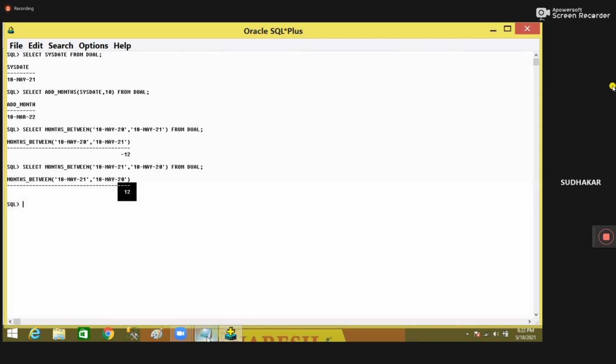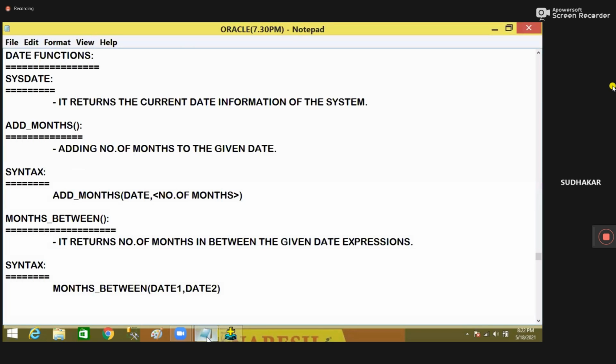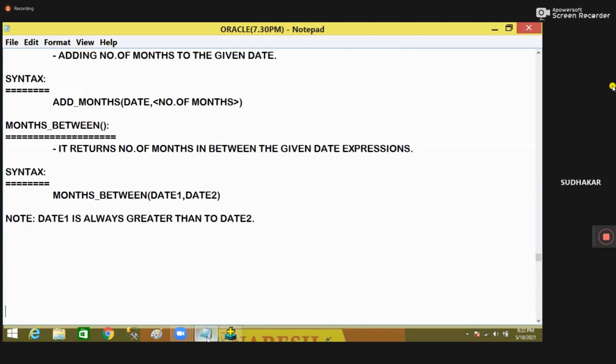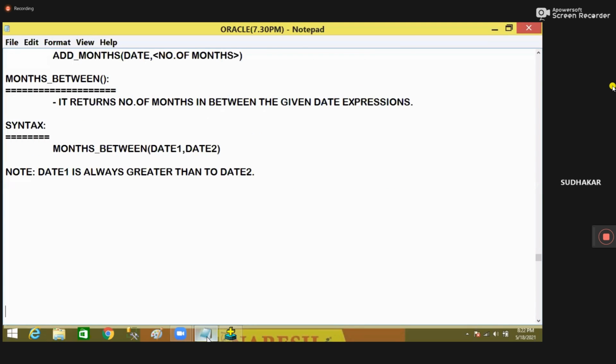So what is the point here? It's very important. Date 1 is always greater than date 2. Then only it returns positive, otherwise it returns negative values. Now, like this, these are some date related functions. Now the next one is